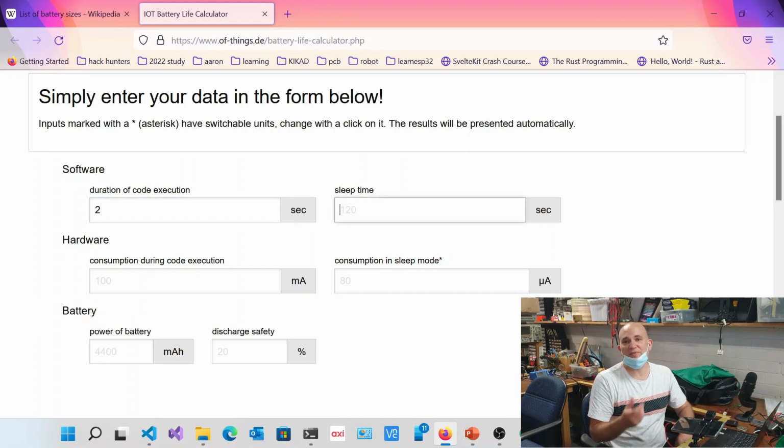Now after it's been on, how many times a day do we actually want to run this code? How many times do we want to check it? Let's say, for example, we want to check it 4 times a day. If we divide the day by 4, we're saying every 6 hours. So the sleep time is going to be 6 hours, and then we're going to wake up for 2 seconds. So 6 times 60 is